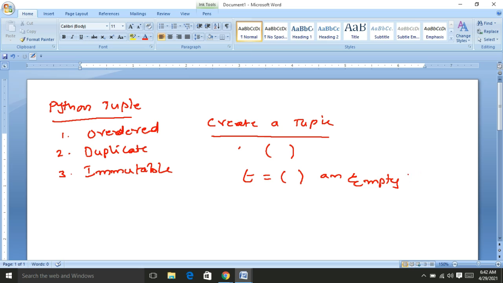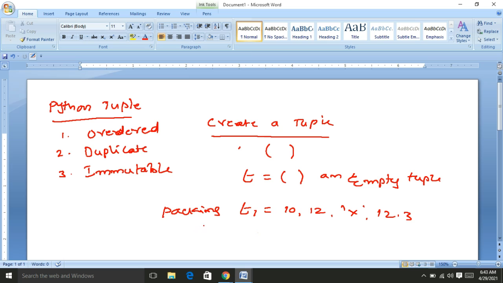We can also create a tuple by using packing. That means I write t1 equal to, suppose, 10, 12, x, 12.3, like that. Now t1 is also a tuple.